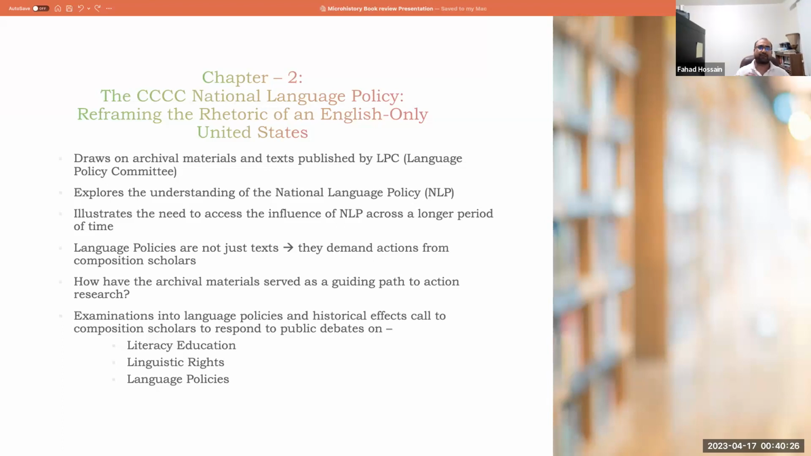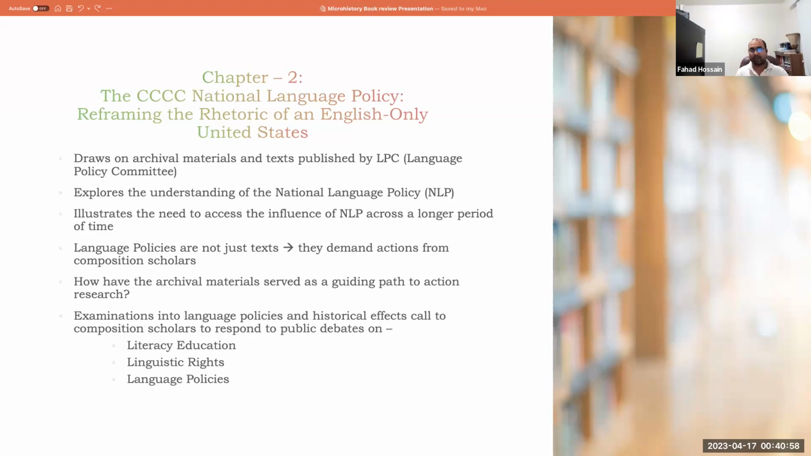It uses different drafts, different policy drafts, different legislation letters, different textbook materials, different instructor training materials, and explores the understanding of the national language policies. And it also illustrates the need to assess the influence of NLP, National Language Policy Committees, across a longer period of time. And it also examines and explores that language policies are not just text, and he cross-references the primary text,